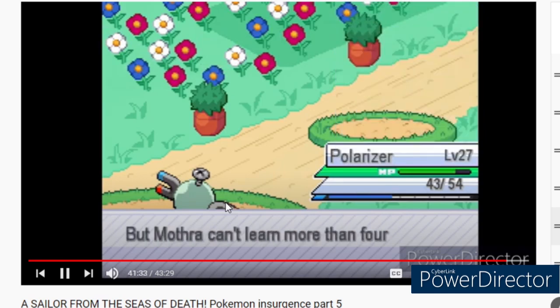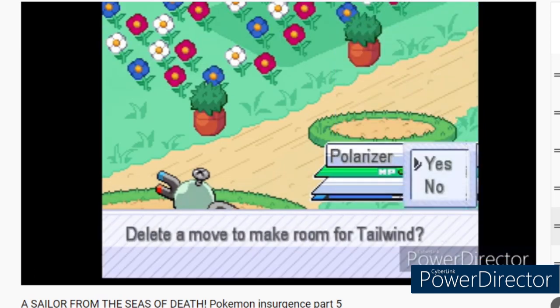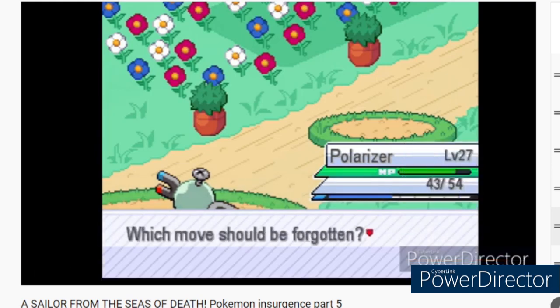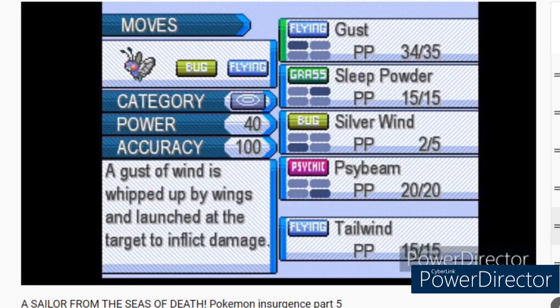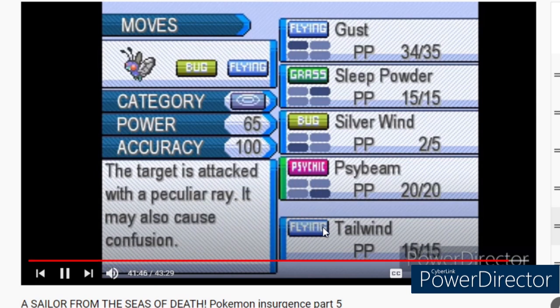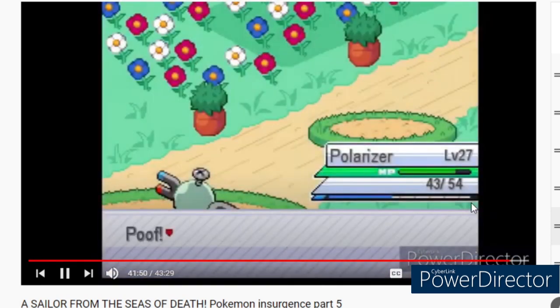Mothra, level 30. Tailwind? Huh. I'm not sure about that. That could help, though. We want Psychic type STAB. Psychic type STAB could be useful. I think I'll...